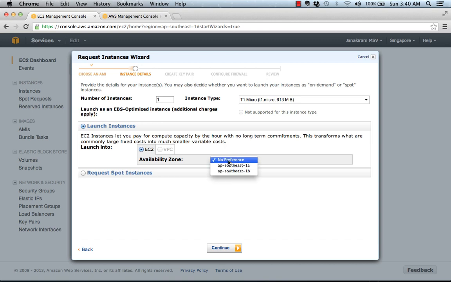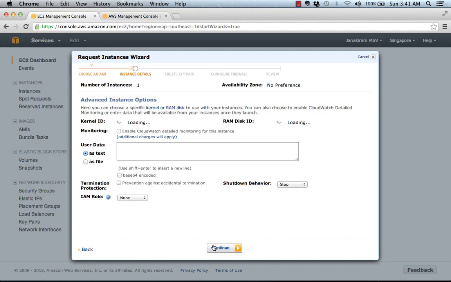and then I can also choose an availability zone. In our case, we are just launching one instance, so it doesn't make much difference. But if you're launching more than one instance, you might want to target a different availability zone for each, so that you can bring in high availability. So I'm going to leave this with no preference,